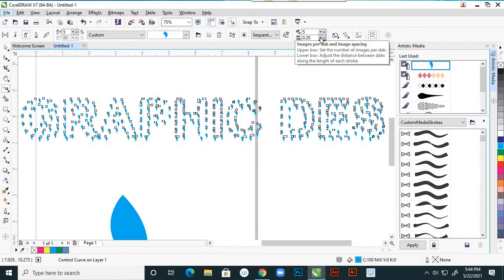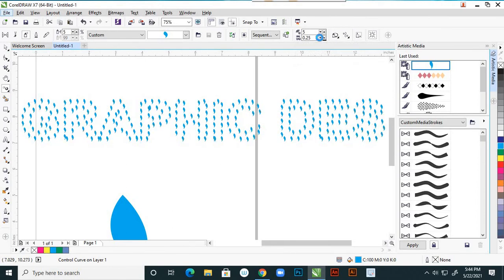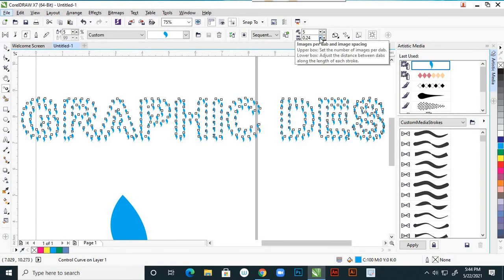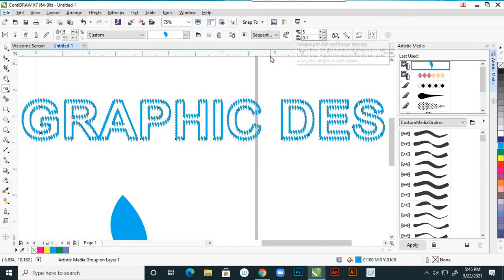Suppose if I decrease the value, suppose here I'm giving 10. Yes, so that means 0.1.